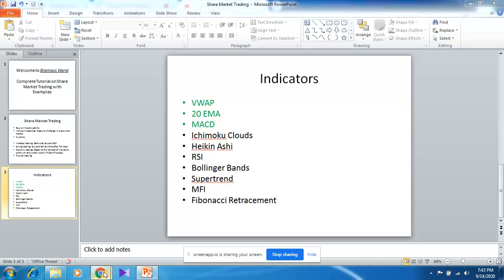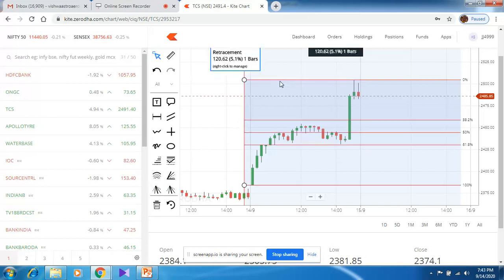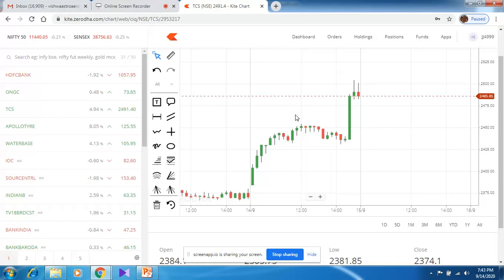And I would like to show you another Fibonacci only. It's right below this one. This is the Fibonacci retracement that we just used, and this is the Fibonacci arc. So we'll see what is Fibonacci arc. With this, we'll close our video.